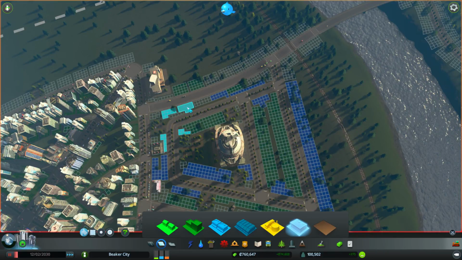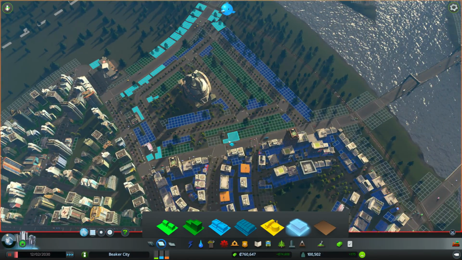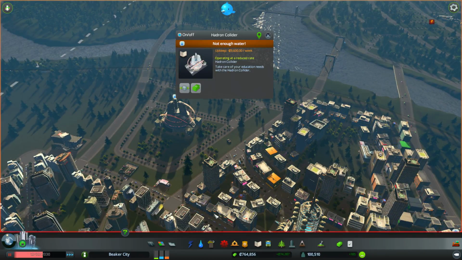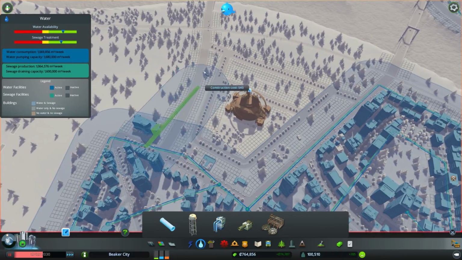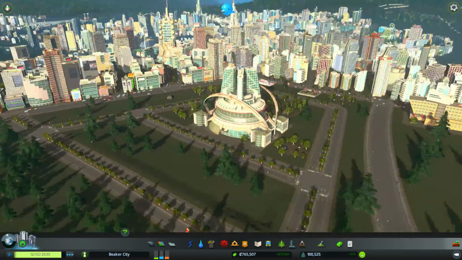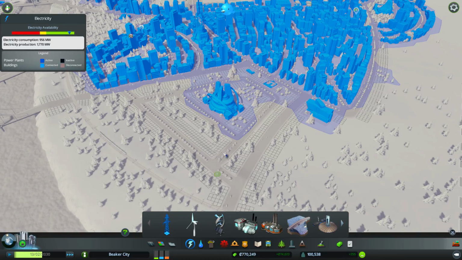And then we'll just go ahead and put down this section some offices. So we'll put them down the edge there. Lovely. All right, that one can go. That there is our Hadron Collider, which doesn't have water. Oh, it's doing so well until this episode. There we go. Alrighty. So, we now have a Hadron Collider in our city, which in theory, our power...